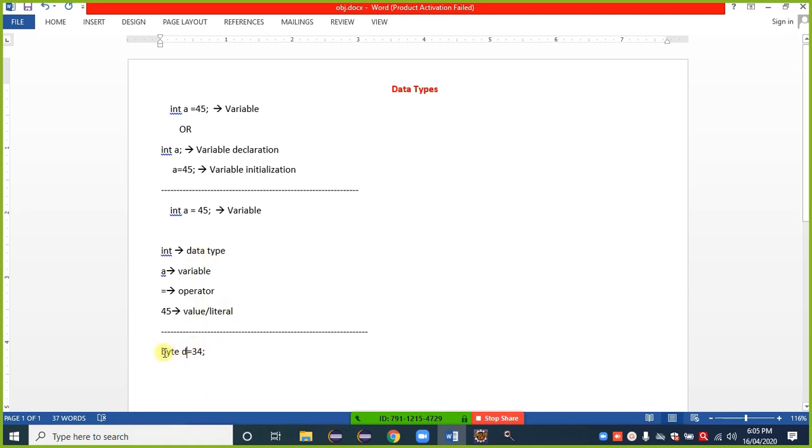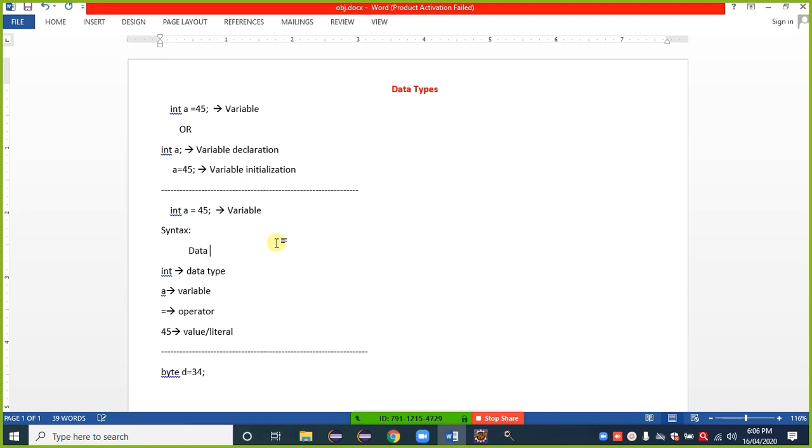What is byte? Byte is a data type. What is small d? d is a variable. This is the equal to sign, and this is the value, and last is the semicolon. So all the nomenclature is given here. So what is the syntax of a variable?